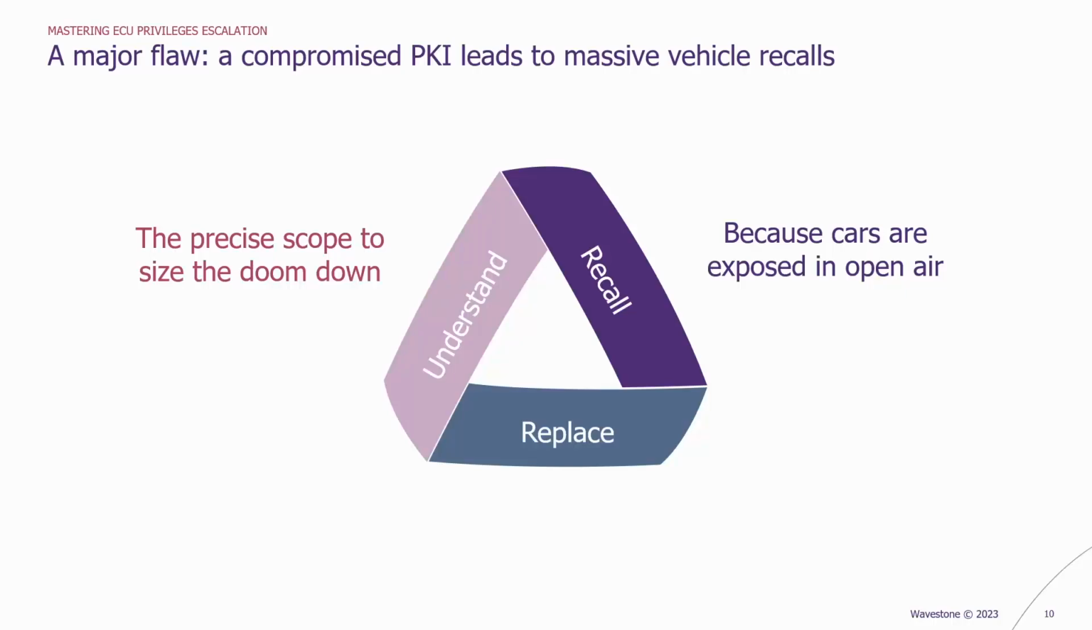Well, that's not true for cars. Cars are on the street, and I mentioned it earlier, if you have a vulnerability that is known, it will get exploited on the streets. And so the final bit is that, once you've recalled the cars, you need to replace the parts that